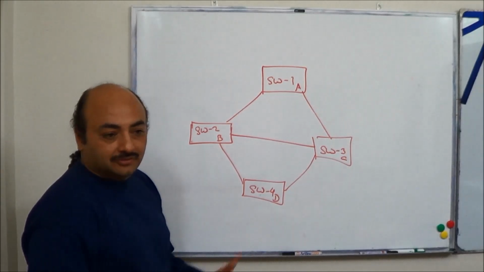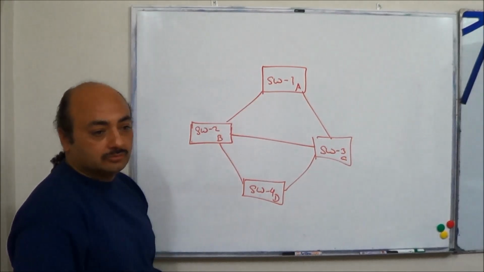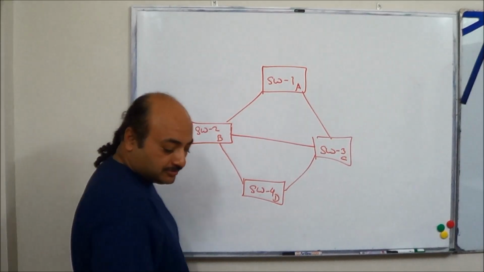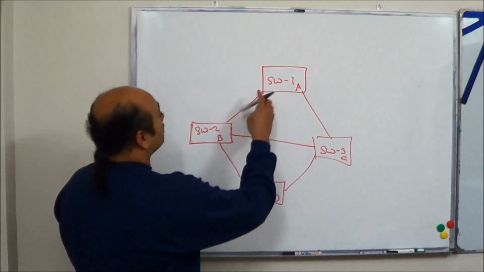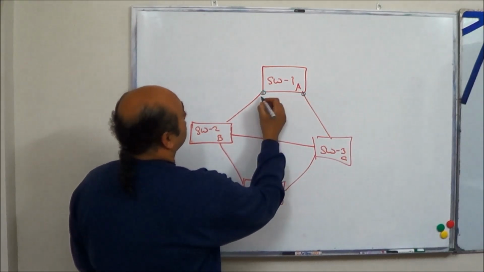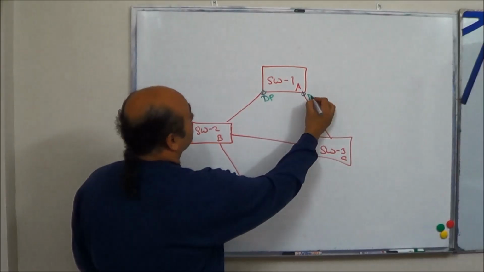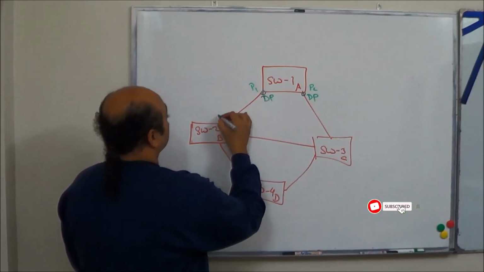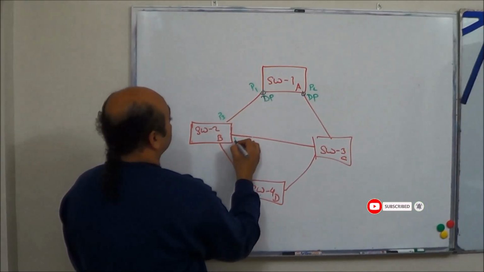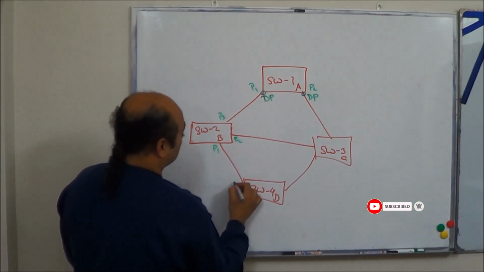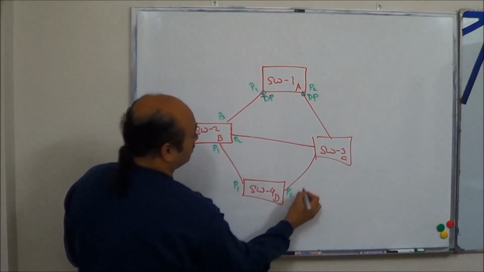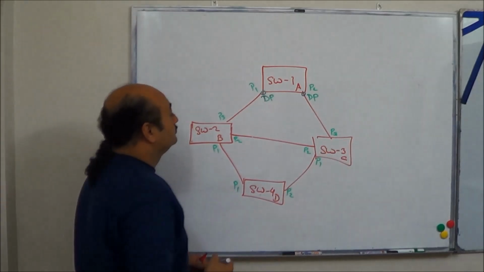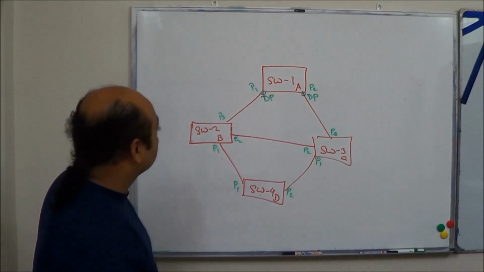Who gets selected? First thing is clear that the root bridge will be this, because of the lowest bridge ID. So can we simply go ahead and label these two as DPs? Port P1 and port P2. Call these P3, P2, P1. P1, P2, P1, P2, P3. Alright, let's give it a try.